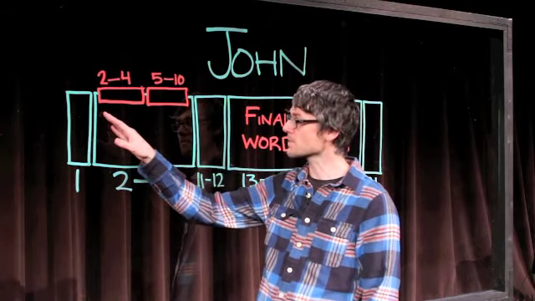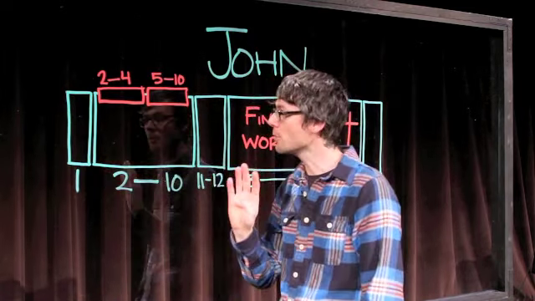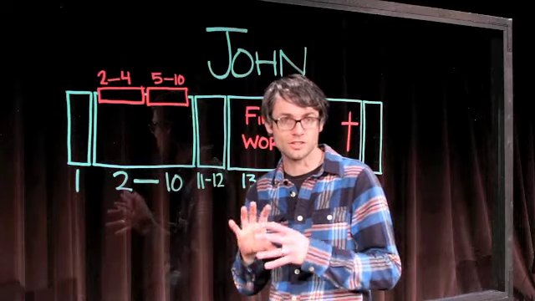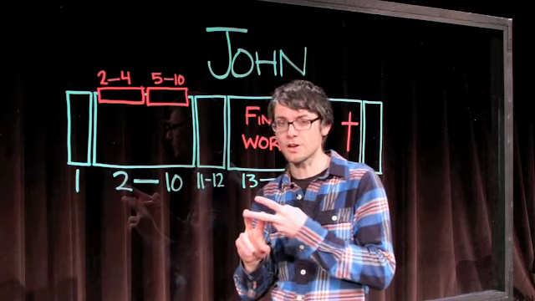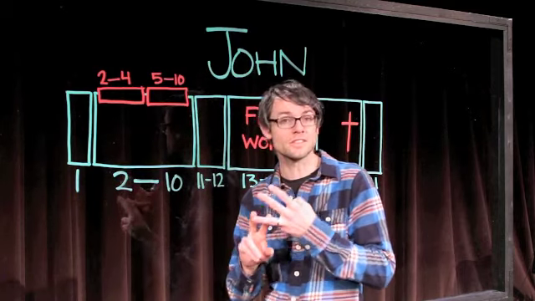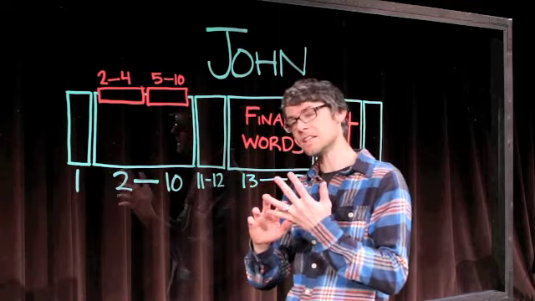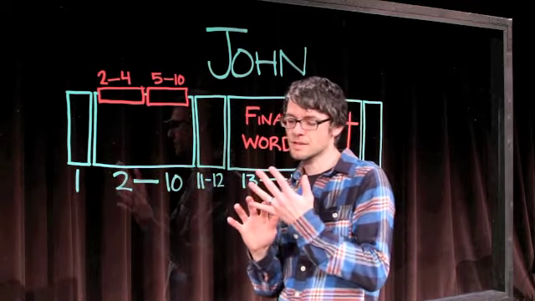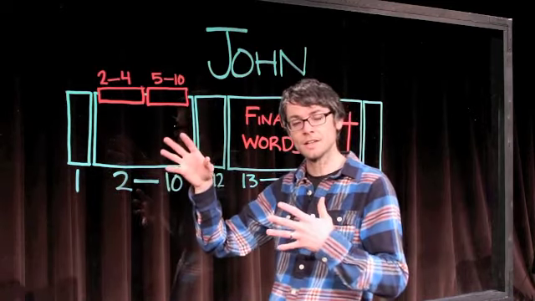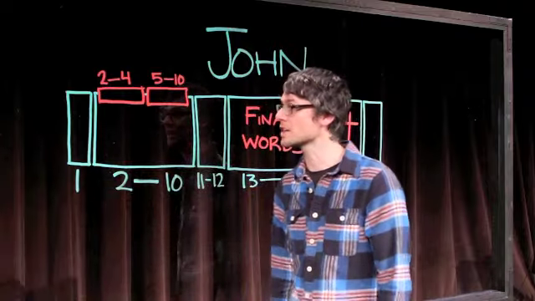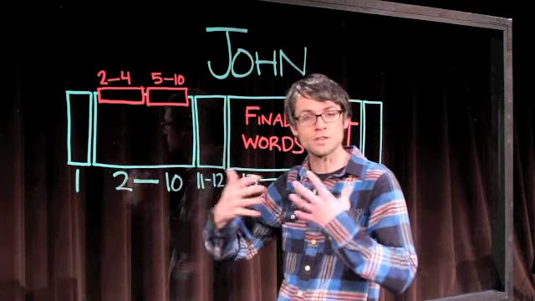So in the first 3 chapters, chapters 2, 3, and 4, there are 4 stories about Jesus taking 4 common Jewish symbols: ritual purification jars at a wedding. He has a long conversation with a rabbi. He goes to the temple in Jerusalem, and he goes to a sacred well north of Jerusalem. And he encounters people at each of these places, and he uses their misunderstanding of him as the Messiah and Son of God as a moment to talk about who he is and what he came to do. So these are Jewish symbols that he is using to explain who he is.